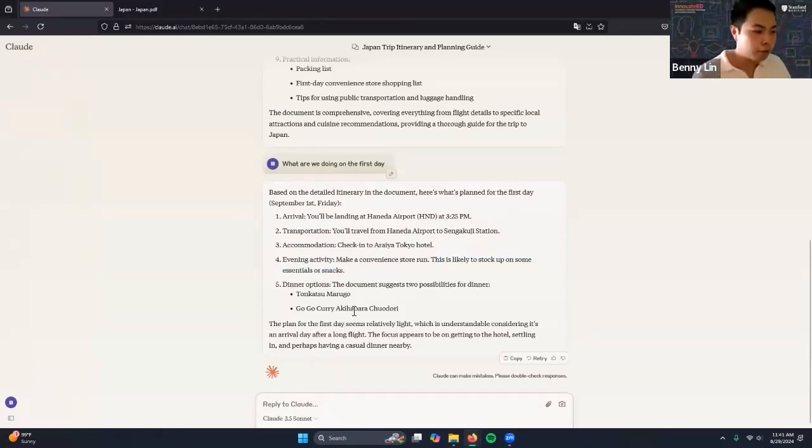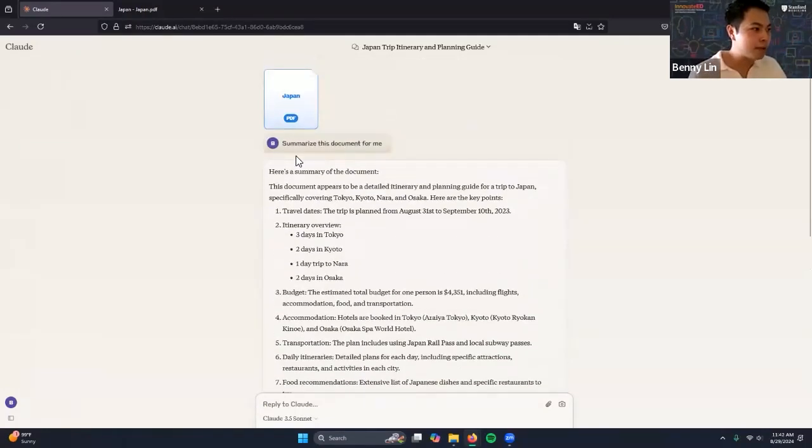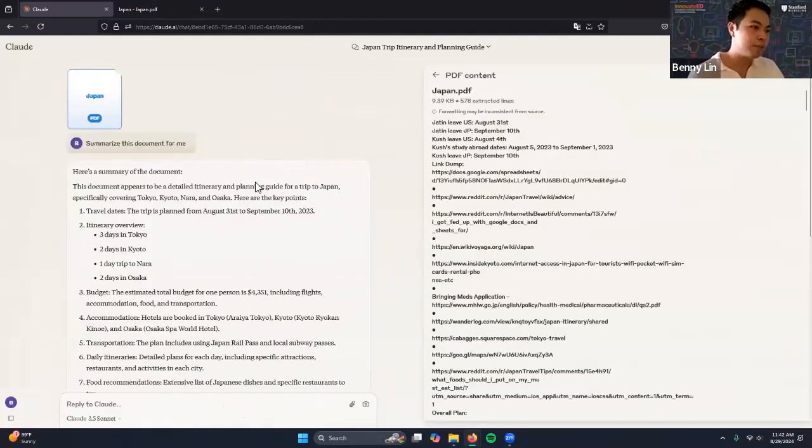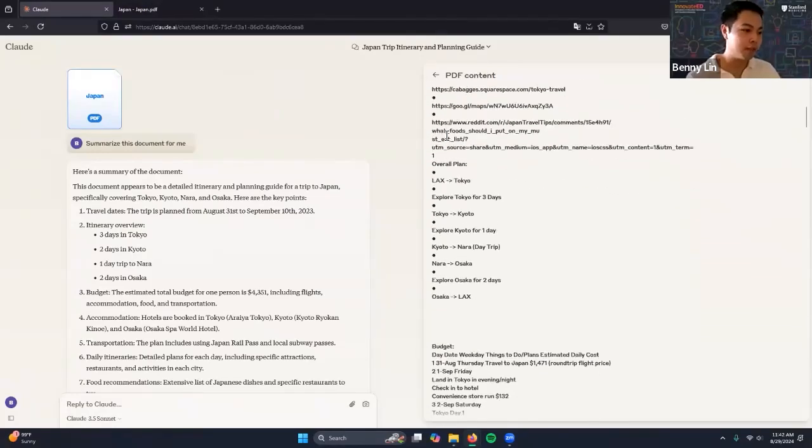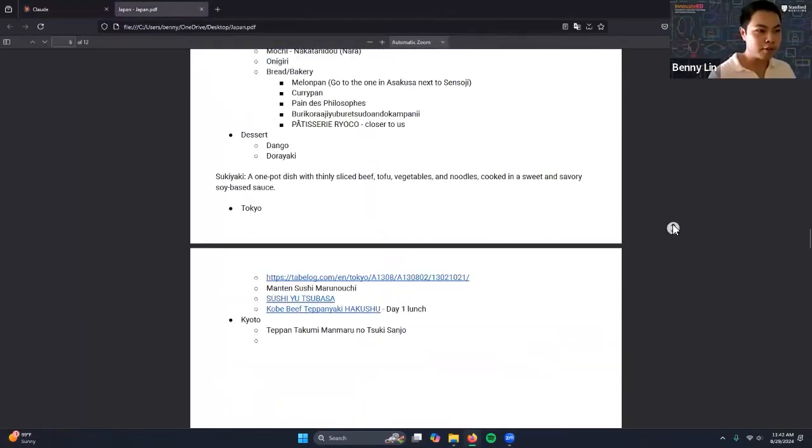Okay, so going back up a bit, if we go back to the PDF, if I click on it, it brings up this window on the right. This window on the right shows how Claude is interpreting the PDF. Right here, you see that it's all text-based, right? That's important to note, because if I were to go back to the PDF and scroll up a bit,